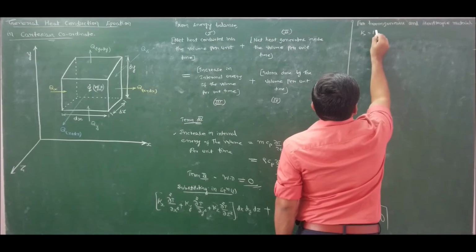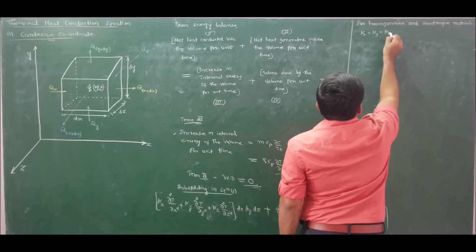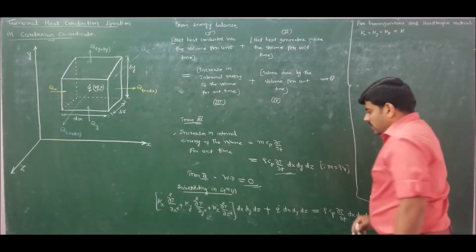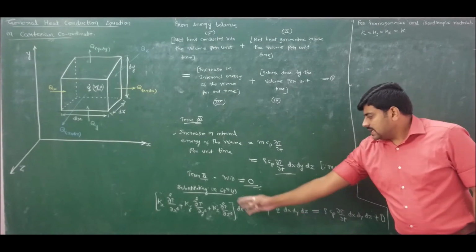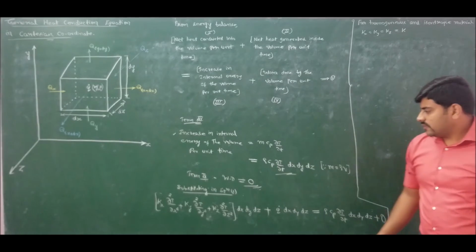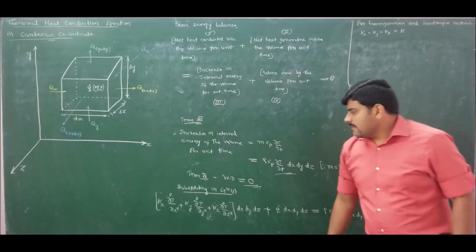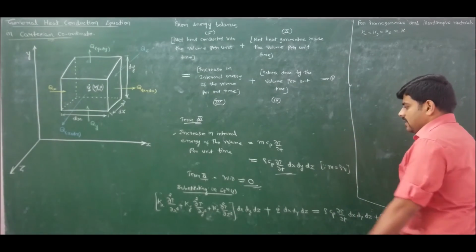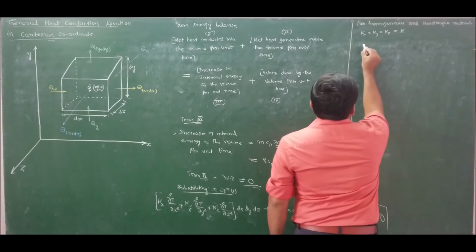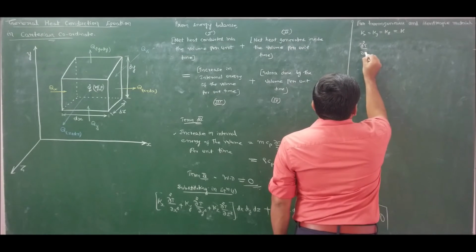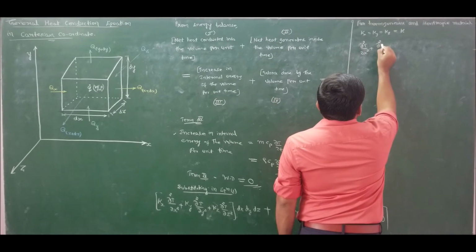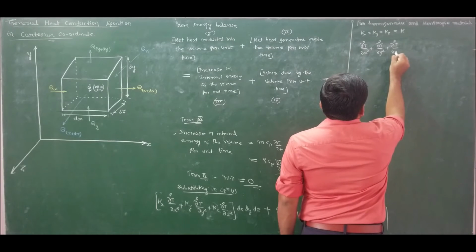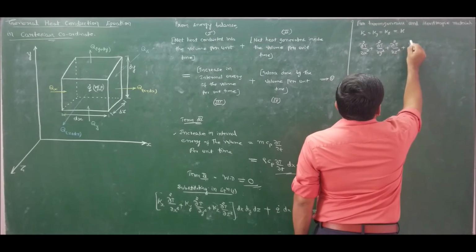We know that kx is equal to ky, which is equal to kz, are all same. I can call it as k. So what I will do is that I will take dx dy dz throughout common and cancel it off, and also I will take k common and divide this equation by k. So if I divide this equation by k, I am left with ∂²T/∂x² plus ∂²T/∂y² plus ∂²T/∂z² plus